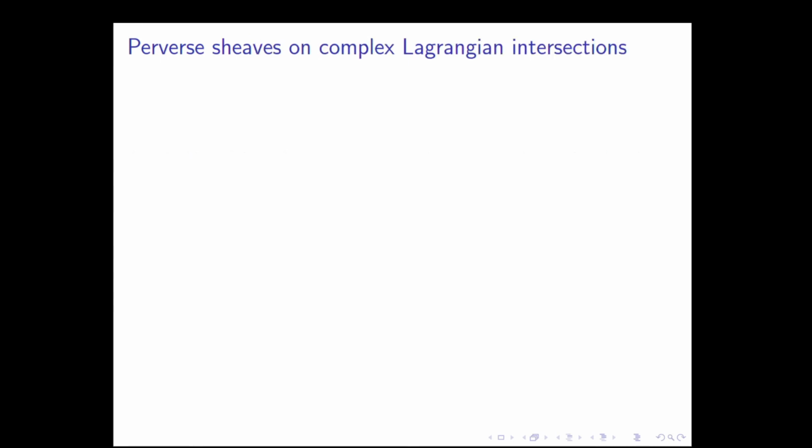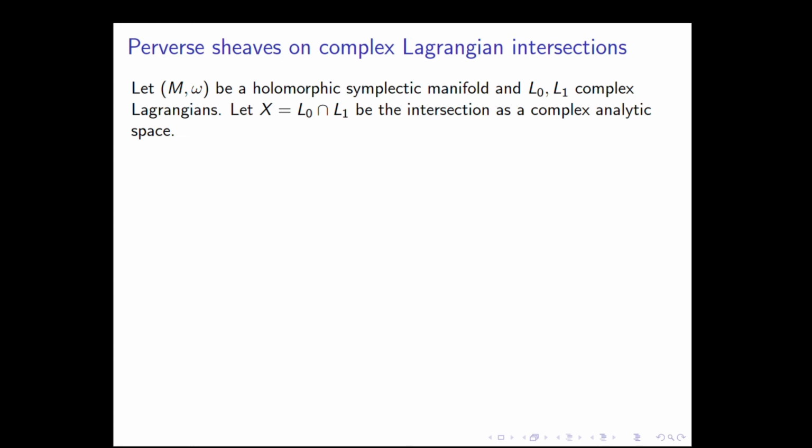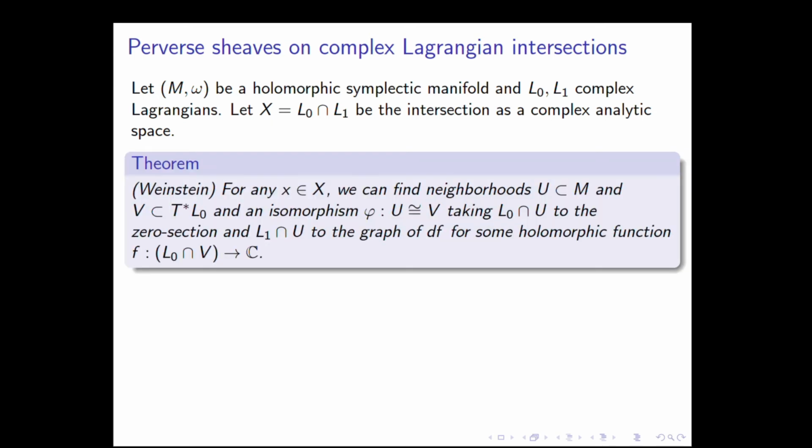It turns out one can associate a perverse sheaf of vanishing cycles to any complex Lagrangian intersection as follows. So let's start with some holomorphic symplectic manifold and two complex Lagrangians with big X their intersection. First, we can apply the Weinstein neighborhood theorem to find some nice charts. For any point in the intersection, we can find a small neighborhood inside the symplectic manifold, and an isomorphism, that